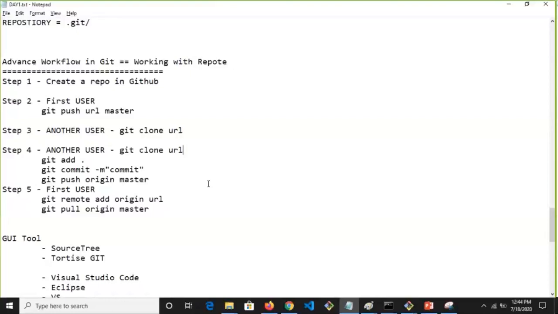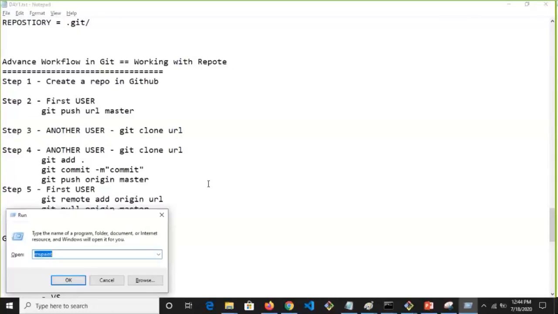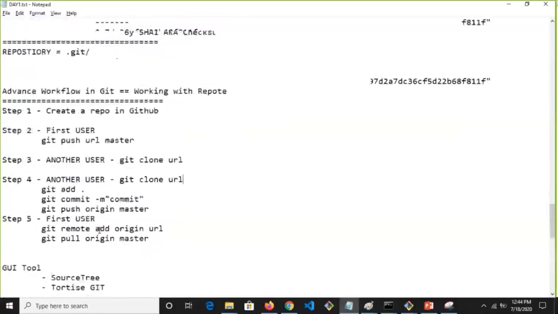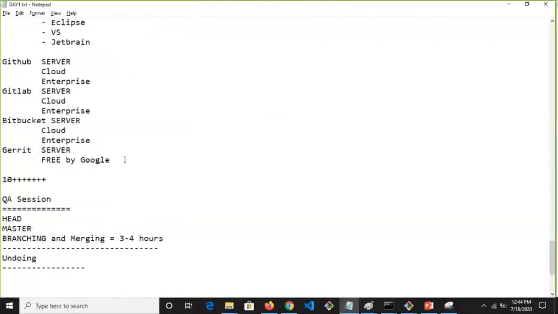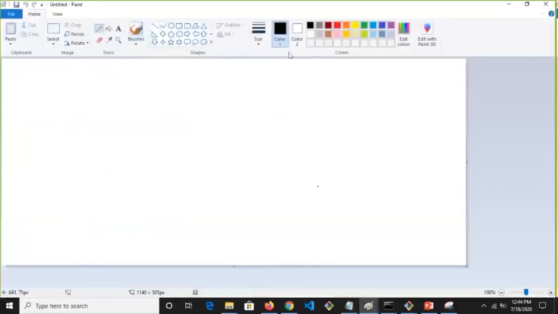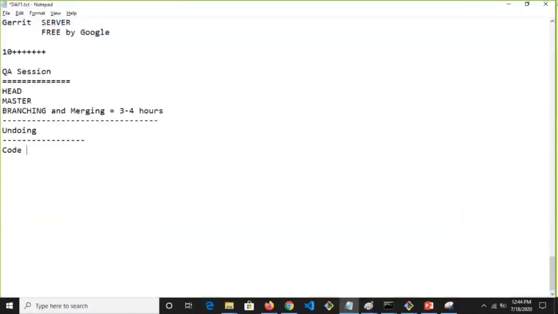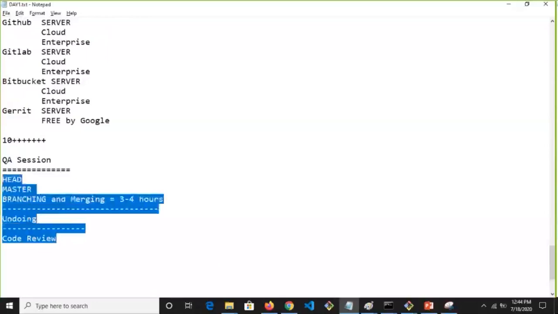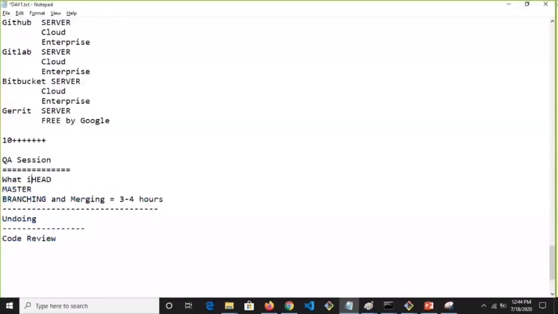That's a very good question. I can tell you conceptually how it works. There is a very good tool for the review. If you like to use it, please use Gerrit, which is developed by Google. It's a free tool actually. So what happens conceptually? Can I cover these questions last, because I have pending topics for that. Any other questions, guys? Okay, guys, let's move on. Now, what is HEAD? Someone has asked this question, so I'm going to answer.